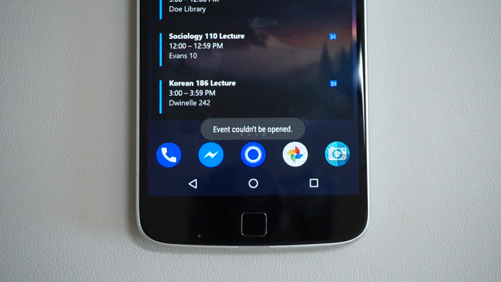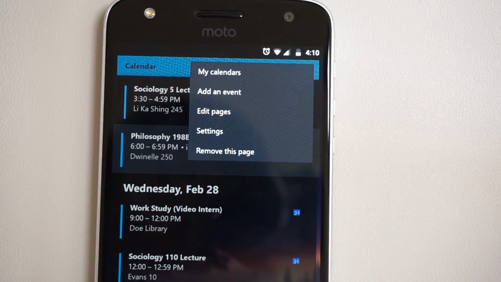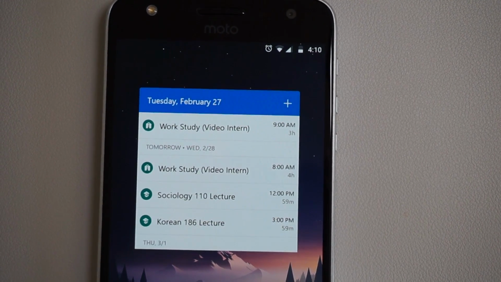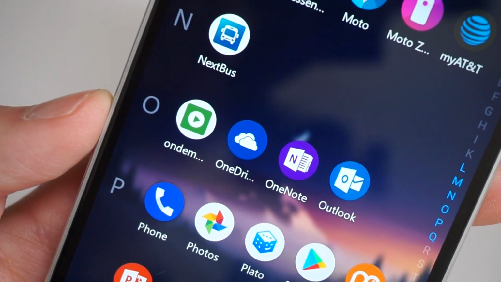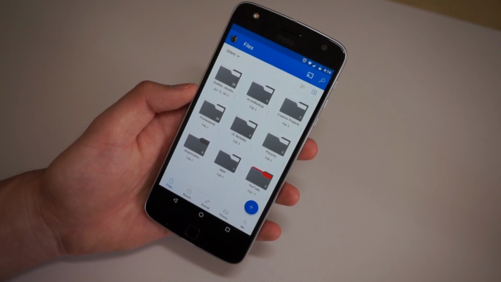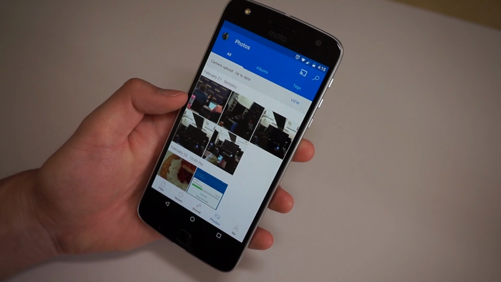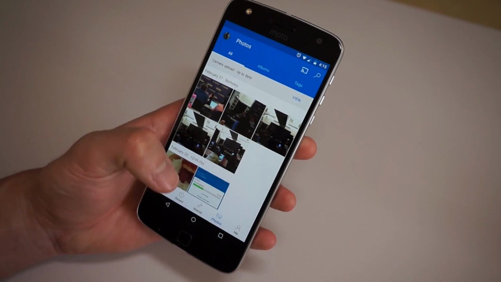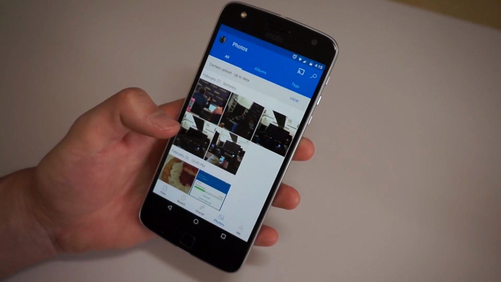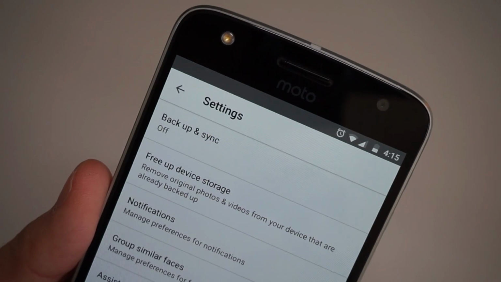One thing to note is that the Microsoft Launcher actually integrates the Google Calendar app, so there's a little bit of an overlap there. I tend to just ignore the calendar on the launcher and I just use the Outlook app. If you're this invested in Microsoft, you're probably using OneDrive for cloud storage. Definitely download that for not just managing your files, but also to automatically upload photos and videos that you take on your phone. OneDrive can't completely replace Google Photos because the camera defaults to Google Photos as a gallery, but you can turn off the backup sync on Google Photos and just use OneDrive's backup feature.